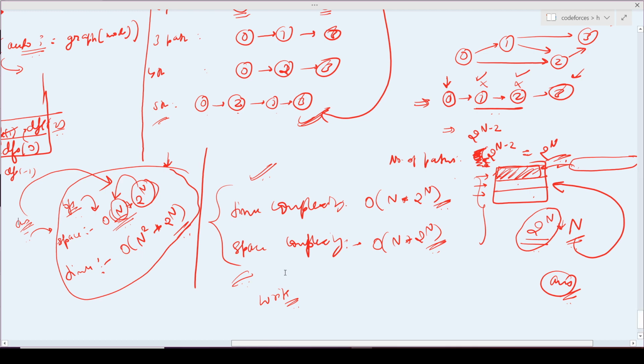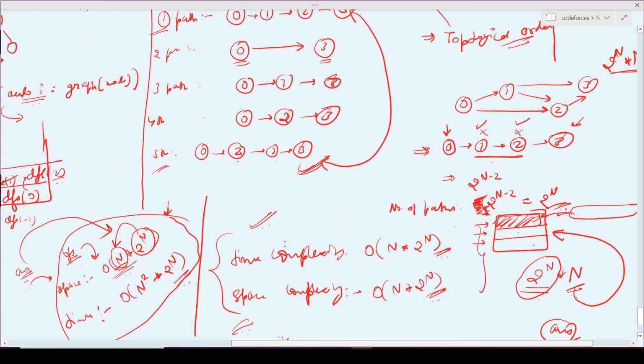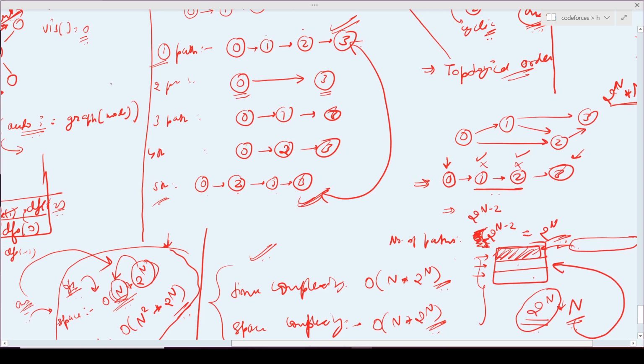Although the video has become very long, I actually put my brain for 1 hour to understand this whole thing, because many people have explained that it's a path, but why it is a path, why it works like this, and why its space is n times 2 raised to the power n, and why not n square or anything else. So for this part I had to explain it so much.